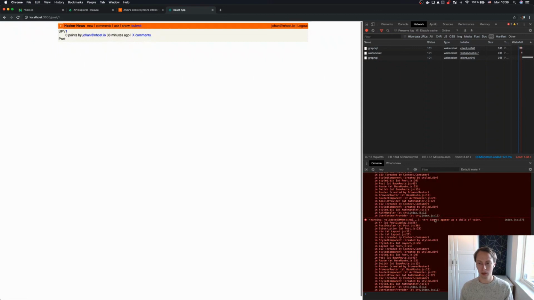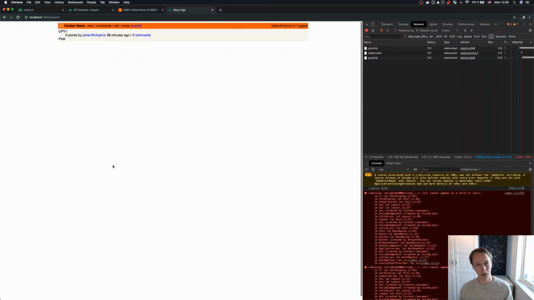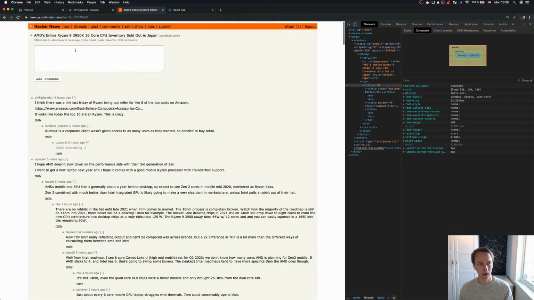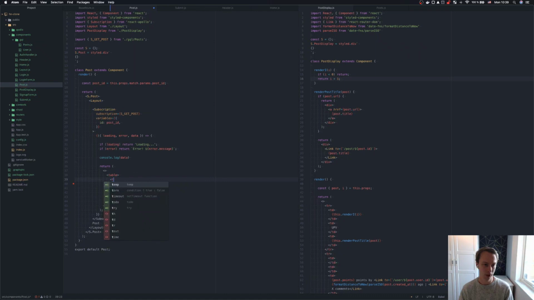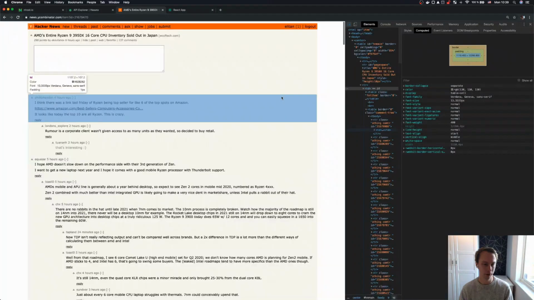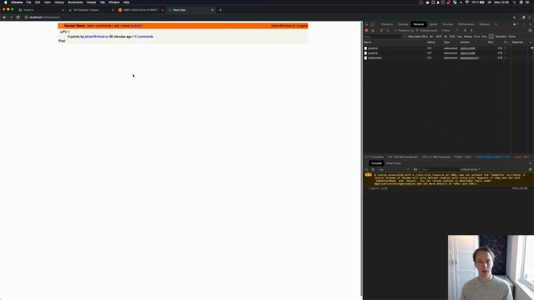Okay. TR. Oh, it's still TR. Yeah. So it's still TR. Let's just do this in a table. T body. And this should be fine. Loading post. Great. So there's the post,